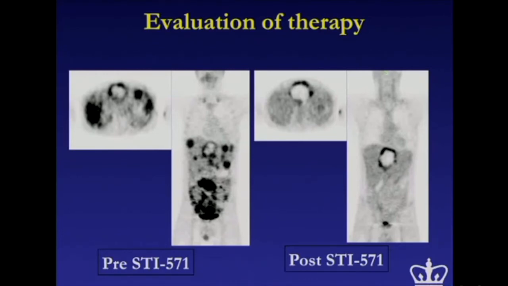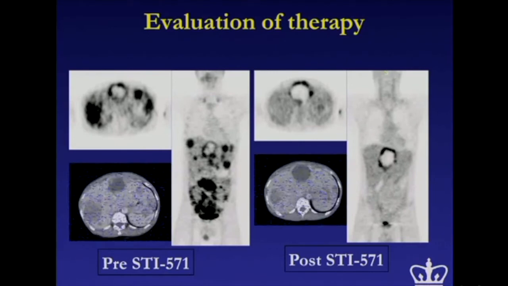But we showed that using FDG PET, we were able to demonstrate that there was efficacy in a significant proportion of these patients. And the FDA took this as evidence of the utility of the compound, approved that compound for gastrointestinal stromal tumors, but wanted us to go back to them and demonstrate that this functional change we had demonstrated was actually paralleled by the structural change that we saw 3 months after we saw the functional change.